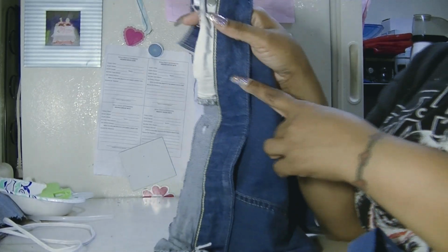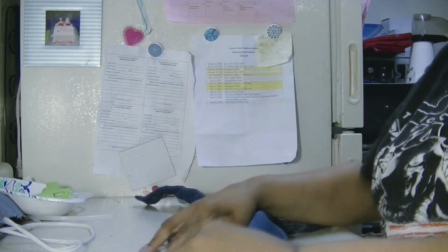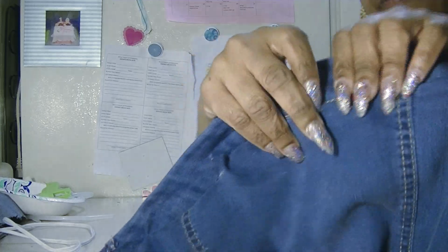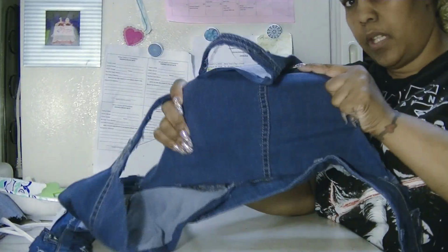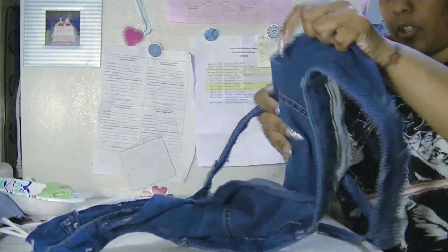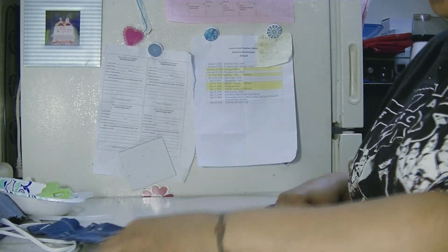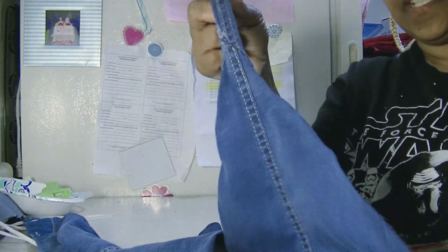Okay guys, so what I'm going to do now is cut off this excess material that's left at the edge. I am going to iron this part down on the breast part so it can lay down flatter. And I am basically done. My straps are on, and of course I have tried it on a few times to tweak it to my liking. Remember, I am a bigger breasted person, so it stretches where I need it to stretch. I'm not sure if I will wear this out in public. I think I'm just doing it just to be doing it, but I will show you what it looks like on. So let me do those things and I will be